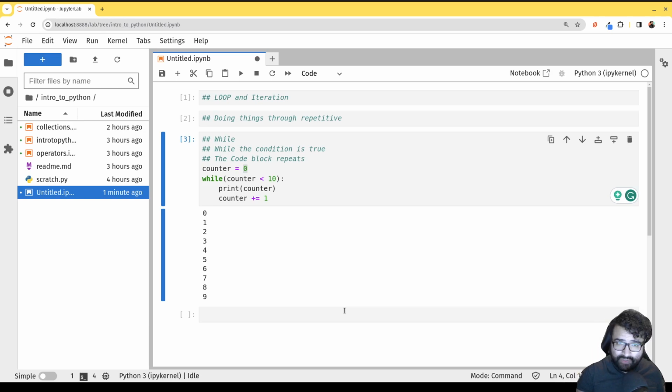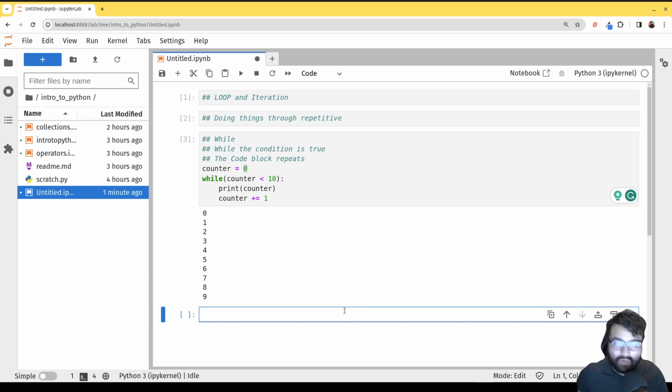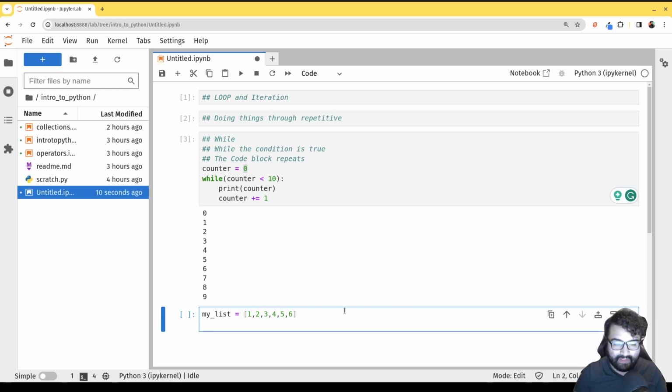Python gives you another choice though. You can loop through any iterable object using a for loop. Probably the most typical iterable object is a list. So let's create a list. We'll say my list equals 1, 2, 3, 4, 5, 6. Now if I want to loop over that, I can say for num, because you can give it any variable name you want. I'm going to use num because the things in the list are numbers, so it makes sense. For every num in my list,